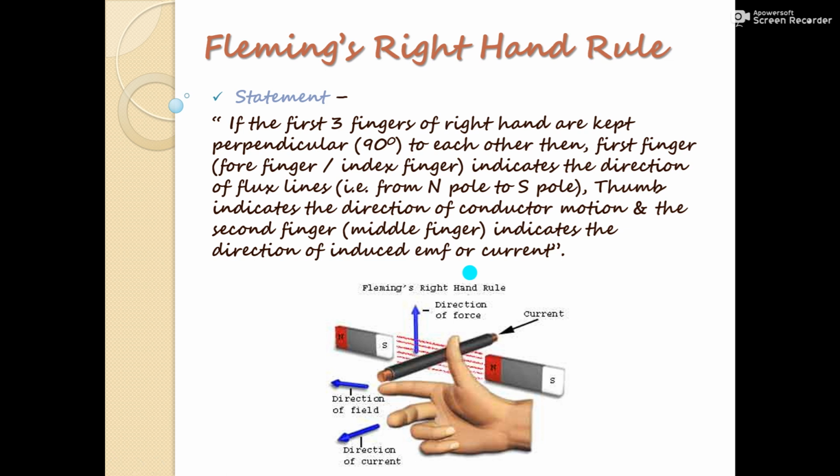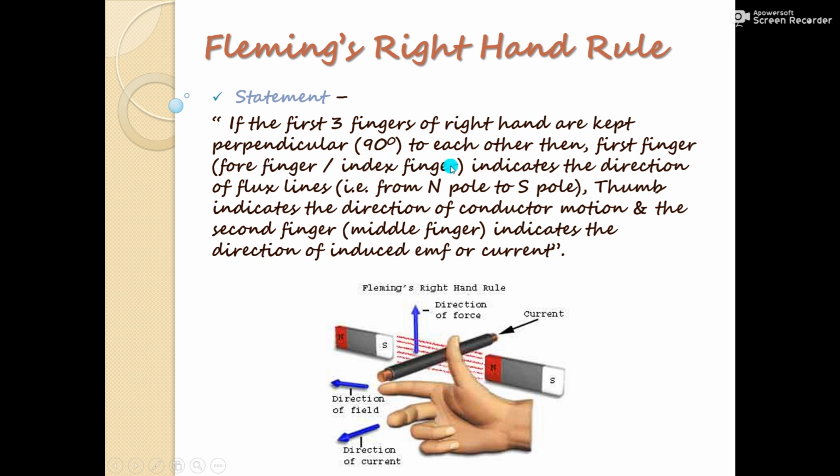The next is Fleming's right hand rule. For this rule, we have to consider our right hand and the three fingers. If the three fingers of the right hand are kept perpendicular to each other, then the first finger, that is